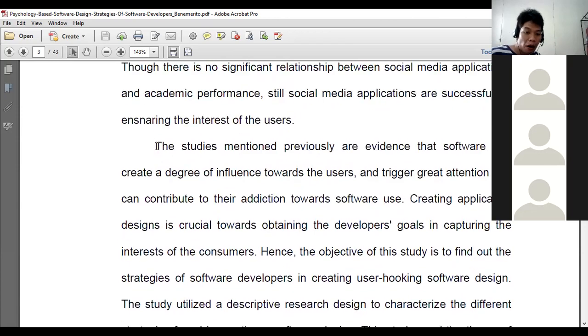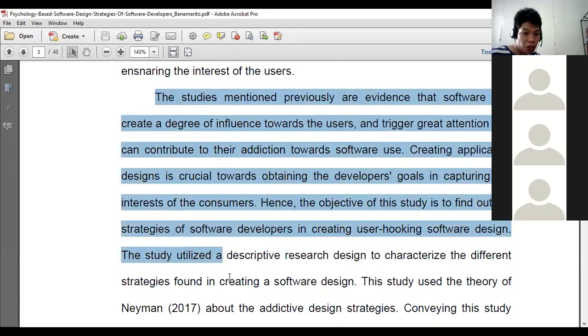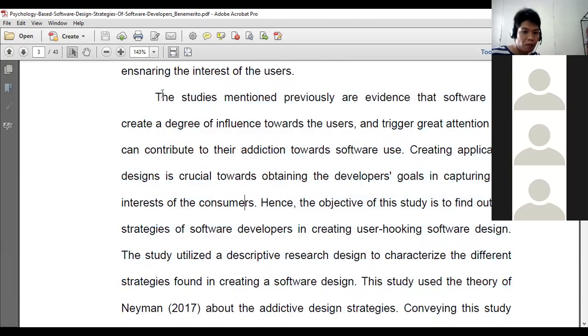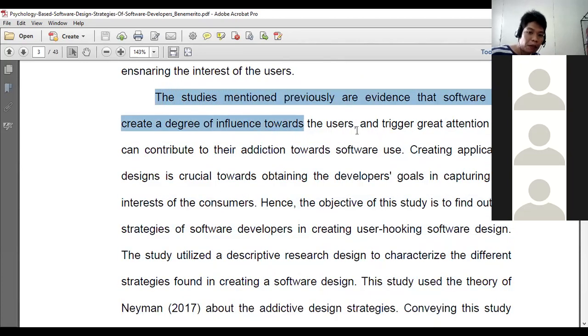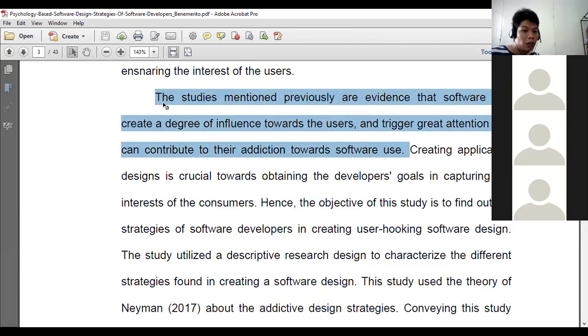Then there is a last part. It's like the summary of your methodology. The studies mentioned previously are evidence that software can create a degree of influence towards the users and should get great attention as it can contribute to their addiction towards software use. You need to rationalize why it's important that you conduct the study.